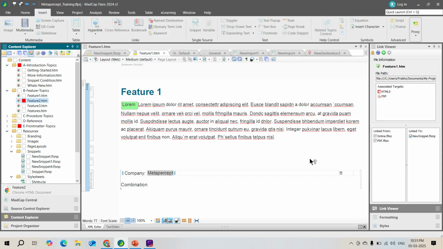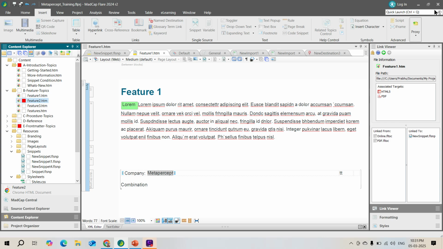So look, you have to understand by looking at the Content Explorer and the project, there's a lot of information that the application would like to convey to you. Once you have the confidence, then you go inside and create the content. So the red thing on a folder means I want to make it print only. Then I made an individual file print only. So whenever I have a TOC and this particular topic is in that TOC, it won't generate for screen or online. It will only be seen in print. Okay, so now